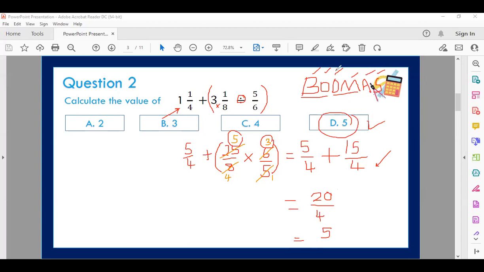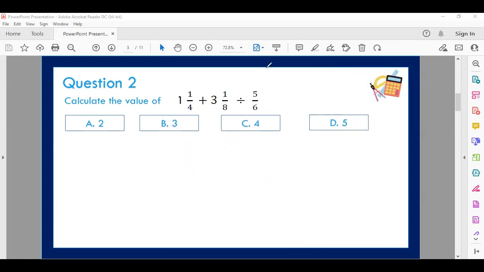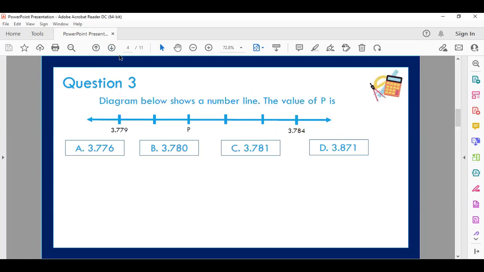All right? Clear? All right, moving on to question 3. Here we see a number line, and we are supposed to find the value of P. So P is here. And if you look at these decimal numbers, 3.779 and then